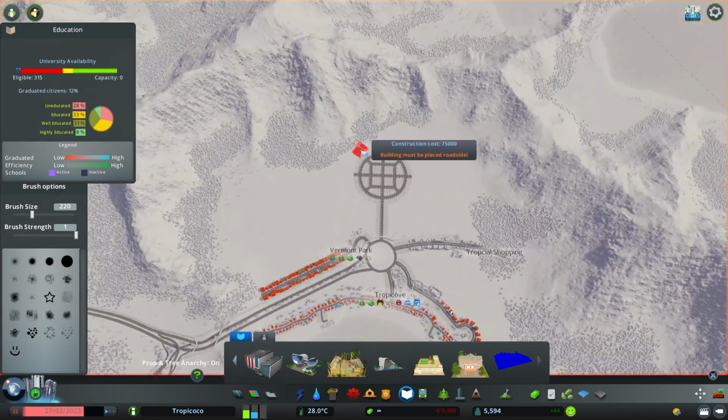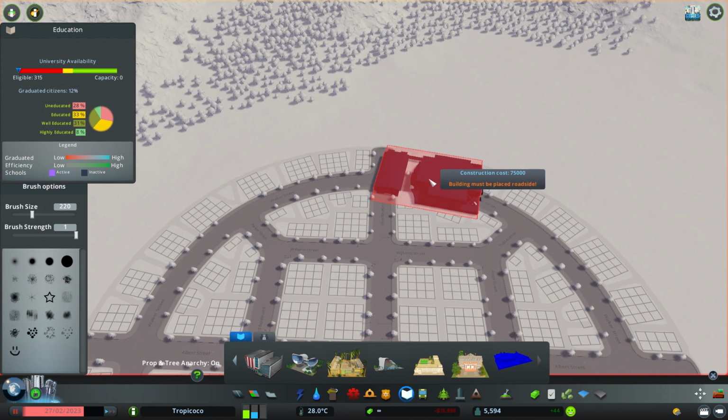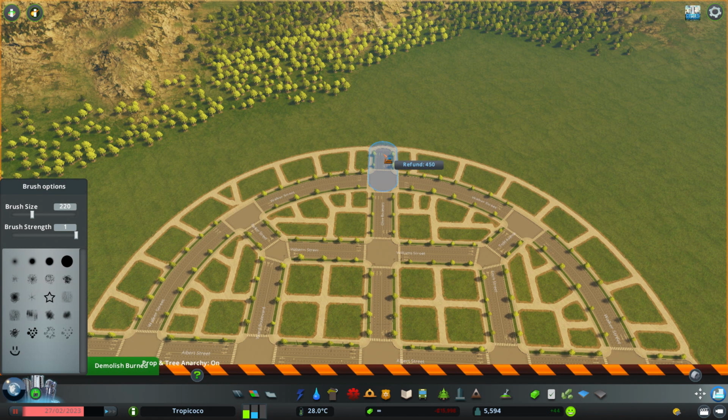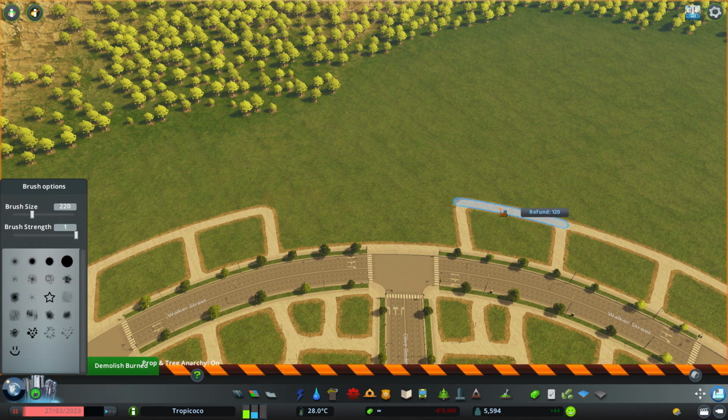But look at the catchment area. If you put this here, now that spreads pretty much right through the town. Doesn't go to Banana Bay, but it certainly gets most of our residential. So let's take a look at some of these footpaths. What if we demolish this piece of road? What happens there? And then if we remove some of these